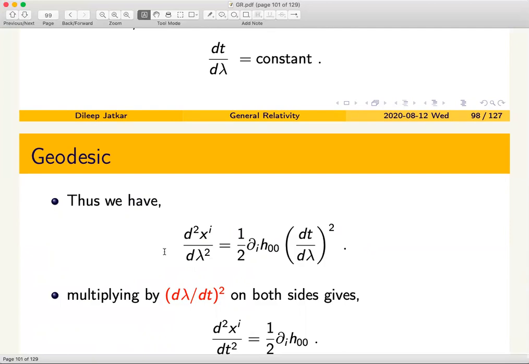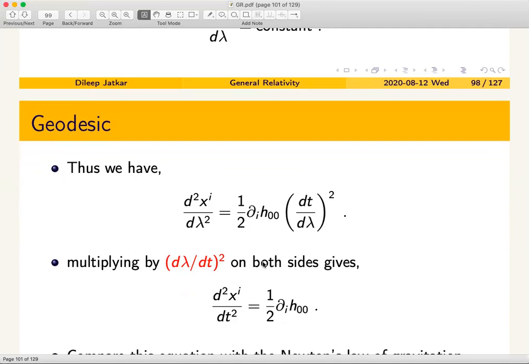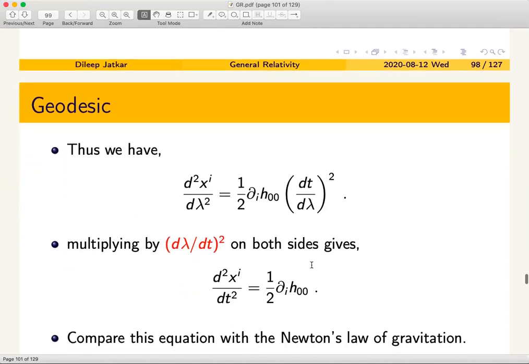Doing that would allow us to bring this entire equation into the non-relativistic equation form, namely not have any parameters sitting around and write the variation of spatial coordinates with respect to time. Of course you could have substituted dt by d lambda equals constant here, and then replaced this lambda as a linear function of t, and it would have brought you here again. So it's the same stuff. We are not doing anything different really. Okay, fine. So you get an equation of this kind, and what we want to do is to compare that with